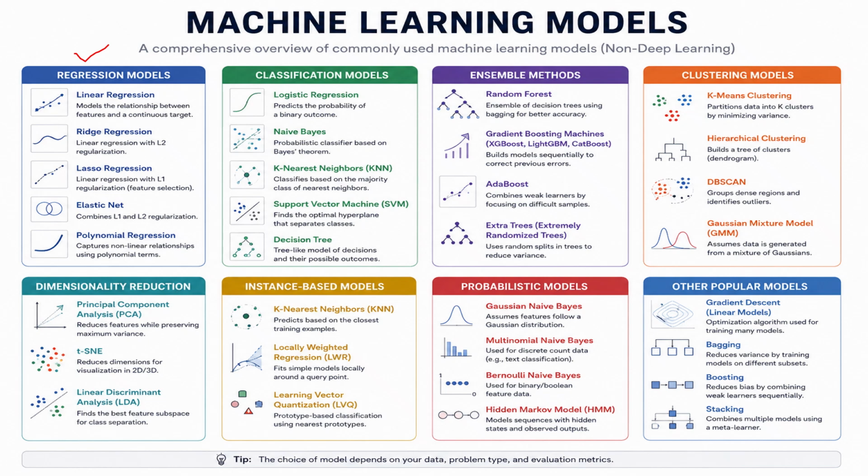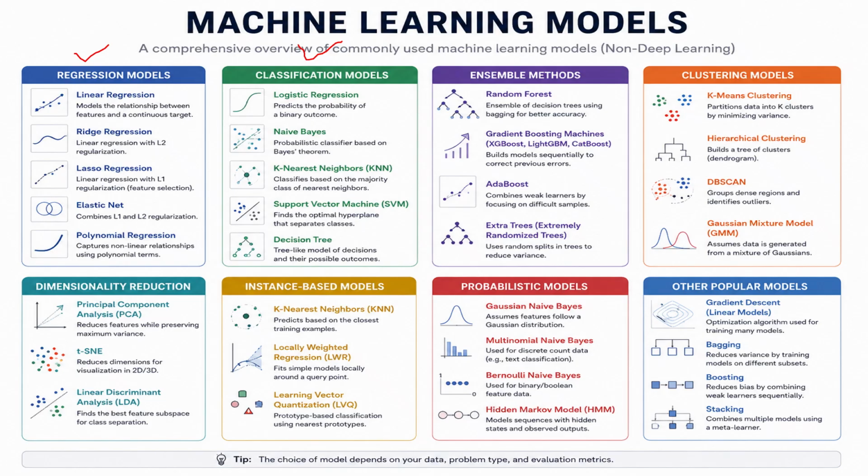They are used when we want to predict a numerical value, for example, predicting house prices, sales revenue, or the temperature. Next is going to be the classification models. They are used when we want to assign data to predefined categories. Examples may include spam detection, some sort of disease diagnosis,